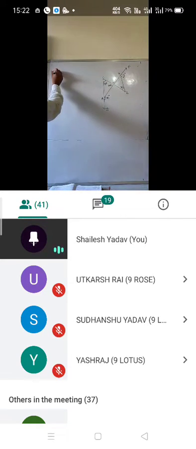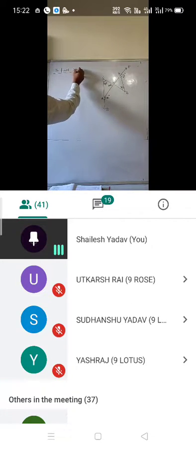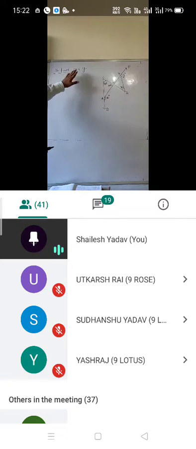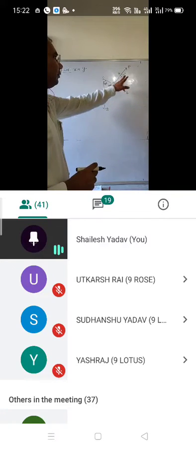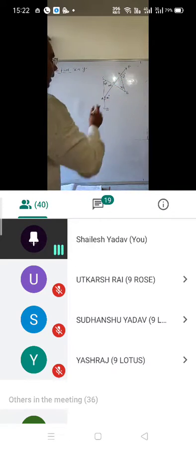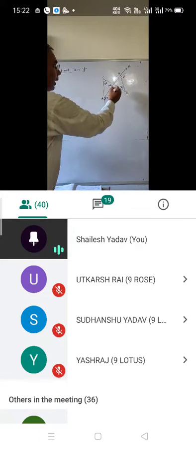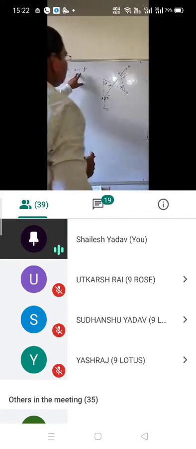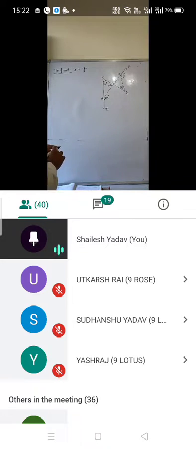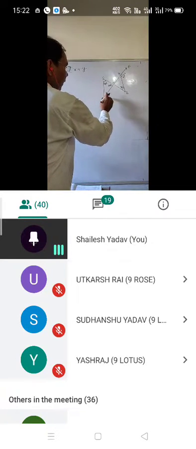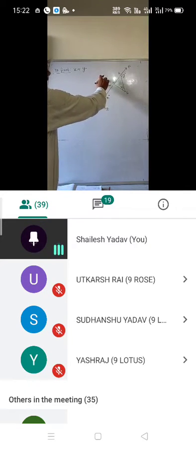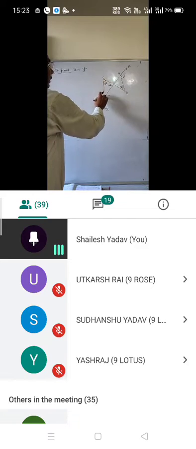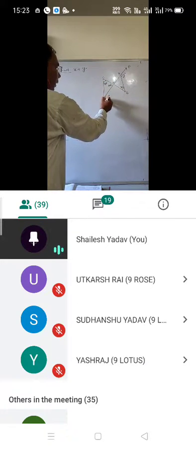And here you need to find, in this diagram, the value of x plus y. In the diagram, x and y are the measures of angles. So you need to find the angle x as well as the angle y, and add both angles, and that will be your answer. Can any student find the value of x? If you take the triangle CAO, in triangle CAO these two angles are given. So how will you find the value of x?